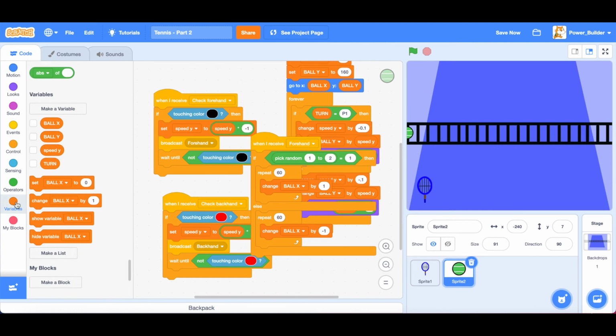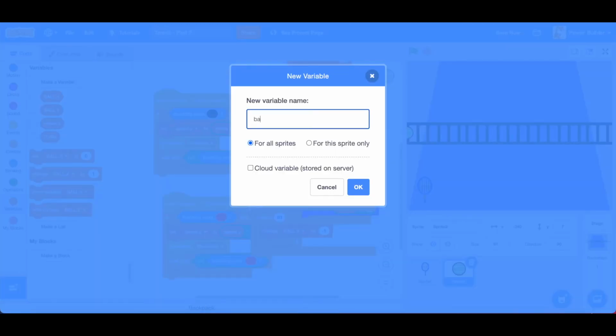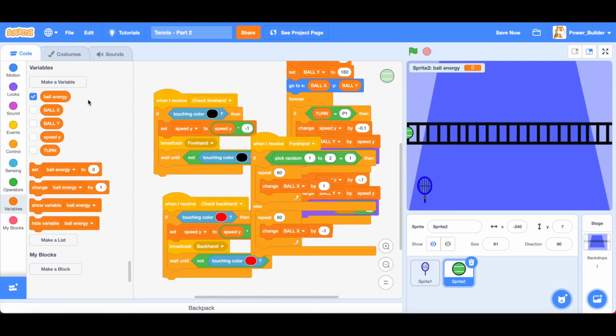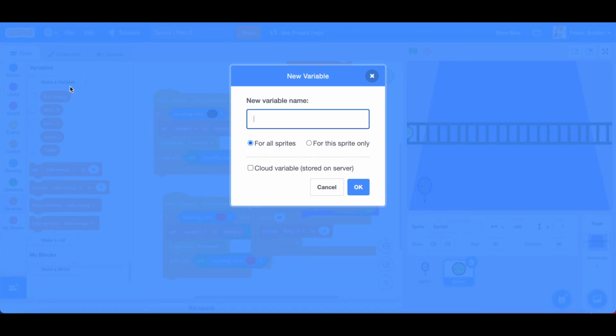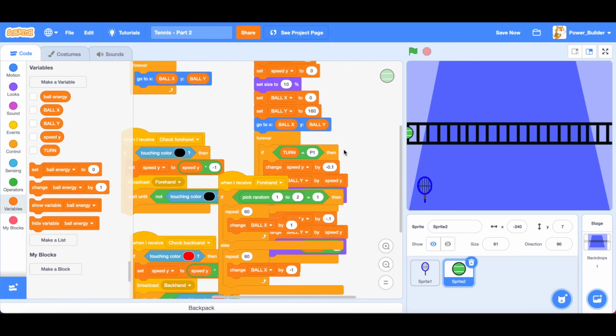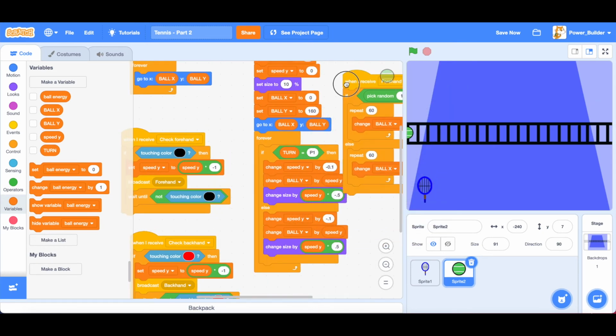Now let's add a new variable named ball energy, for this sprite only. And let's make a new variable named... actually we don't need this. We don't need that variable. Let's just clean it up a little bit.